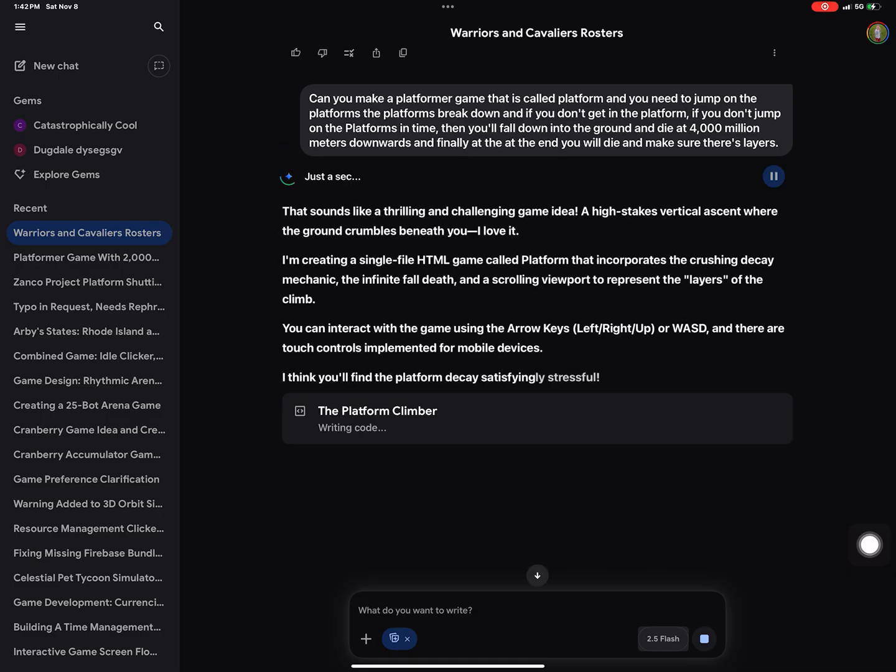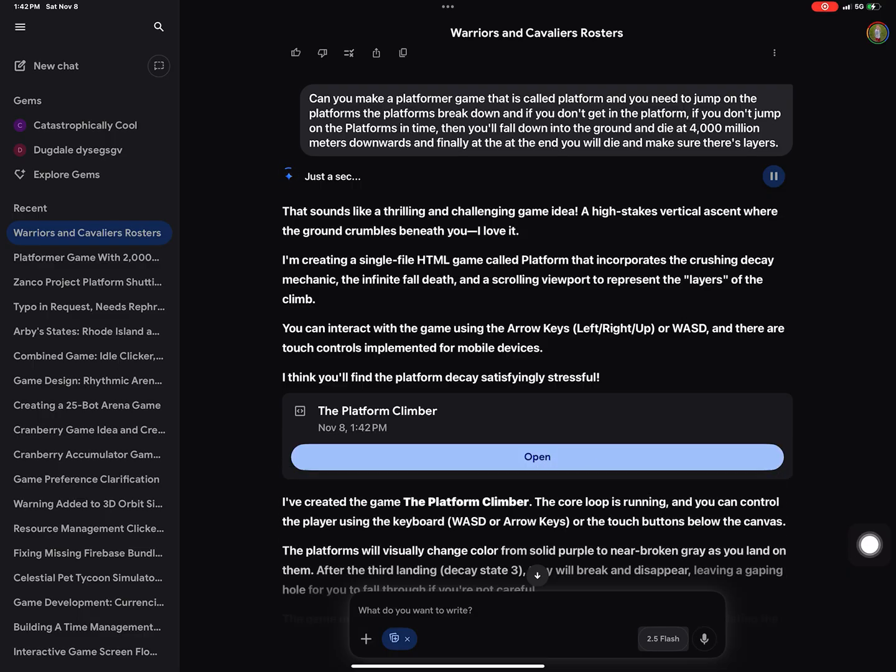That sounds like a thrilling and challenging game idea. A high-stakes vertical ascent where the ground crumbles beneath you. I love it. I'm creating a single-file HTML game called Platform that incorporates the crushing decay mechanic, the infinite fall death, and a scrolling viewport to represent the layers of the climb. You can interact with the game using the arrow keys, left, right, up, or WASD, and there are touch controls implemented for mobile devices. I think you'll find the